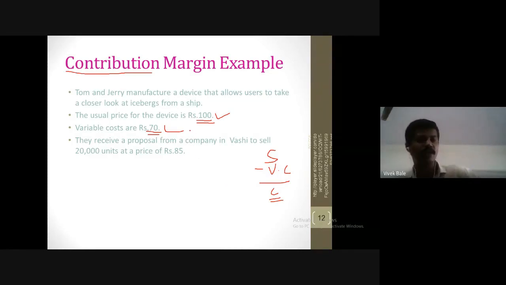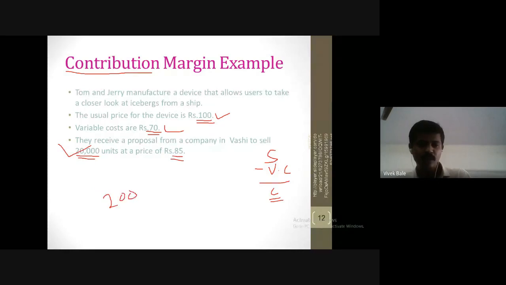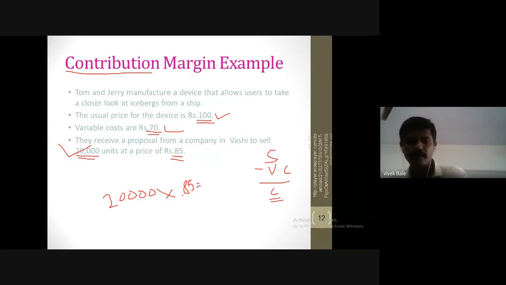30 rupees is contribution. Now see, this company received a proposal from a company in Vashi to sell 20,000 units at a price of rupees 85. Now this is the real question. Here you just focus on this. The company had received a proposal to sell 20,000 units at a price of 85. It means we have to sell 20,000 units. So here 20,000 multiplied by how much is our selling price? 85 rupees. So this amount of sales we have to do, and therefore